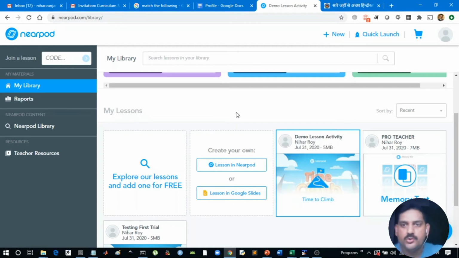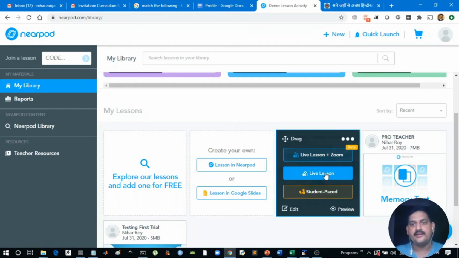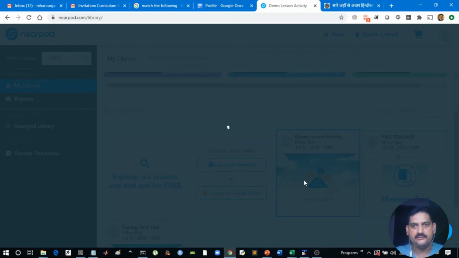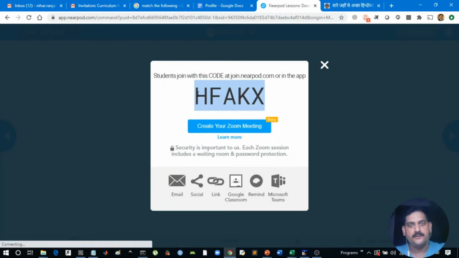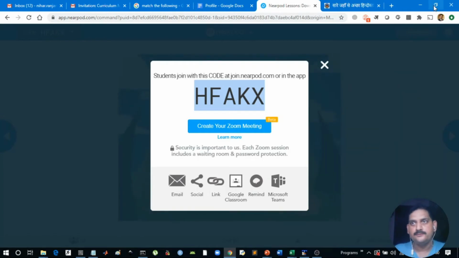Okay, so there are two ways to share it with the students. Either the student can do it by their own pace, or it is through live lesson. So I personally prefer this live lesson kind of thing. So you can start from here, and you can interact with the students either using a Zoom link or a Google Meet or a Microsoft Teams, and you can share the code with the students live. So let us say that I want to go through live session. So this is the code which is visible on my screen, and you need to copy it and share it with the students.